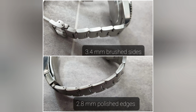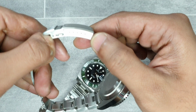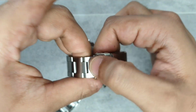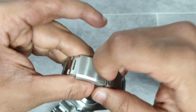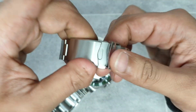Look at the Kronos, they're actually 2.8 in thickness, and the sides are polished again with screw-in links. Now, the final difference that we see on the bracelet is, of course, when it comes to the clasp. You've got this very functional, very refined clasp that San Martin use with 6 micro adjusts. It sounds nice, the flip lock mechanism works really nice. It's a milled clasp, scissor style clasp, brushing, and it's also got San Martin's logo on the flip